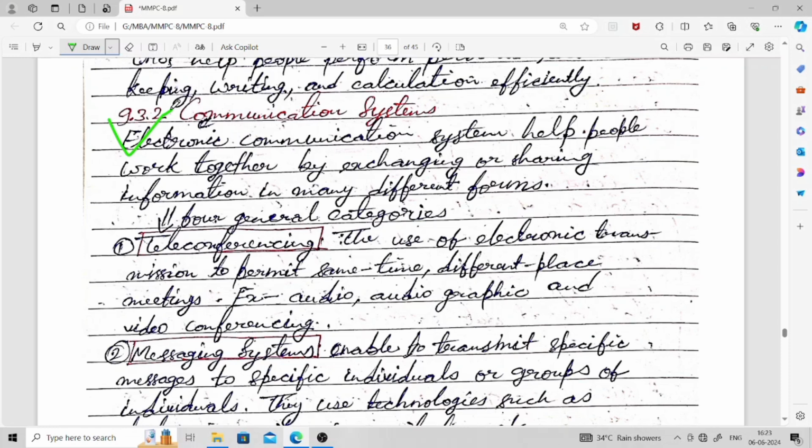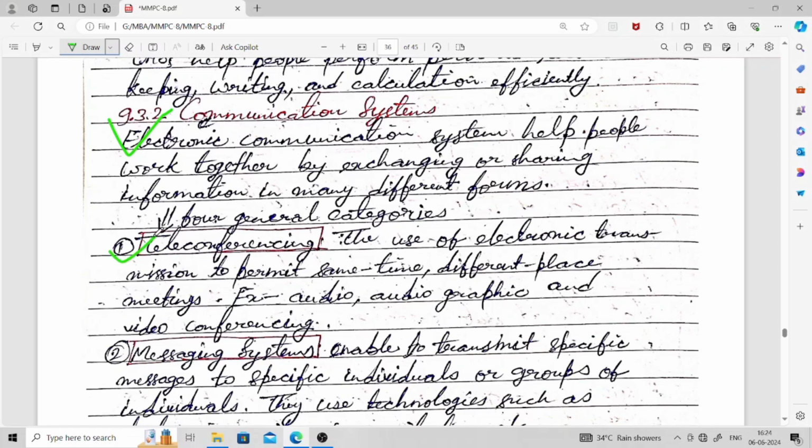So we share information by using electronic communication systems, just like we use mobile phones or email. These are different forms of electronic communication system which we use in our day-to-day transactions or operations. We use all of these. So four general categories of communication systems are given here. First is